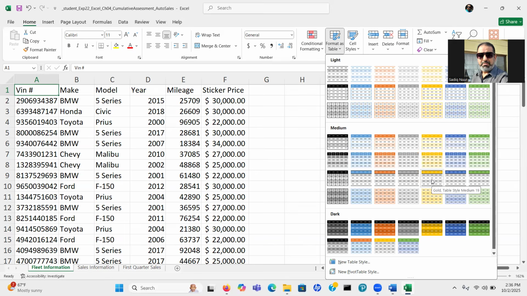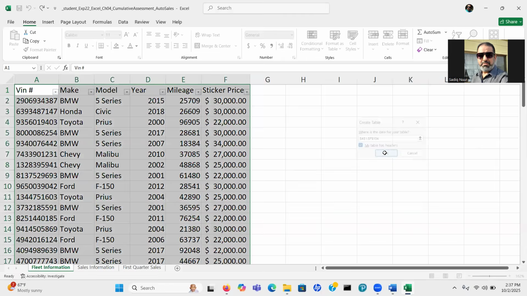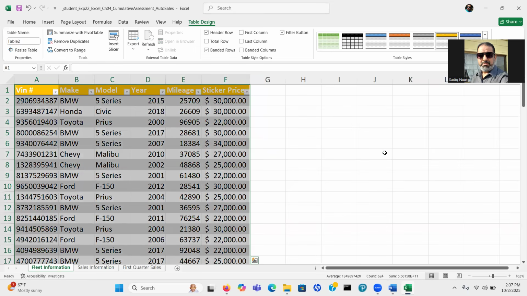So click on it. Now you're going to get the Create Table dialog box, asking where the data for your table is. It's already selected because my cursor was inside cell A1. Be sure that My table has headers is checked. Now click OK, and your data is converted to a table, right?